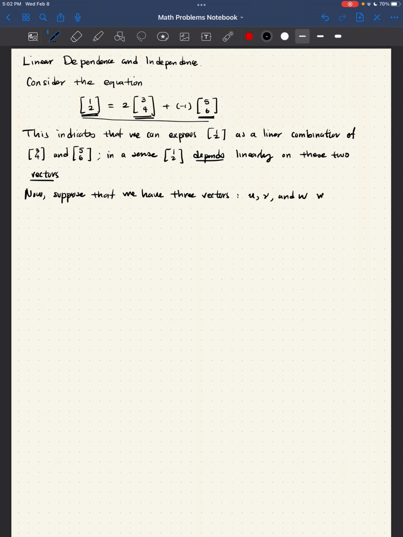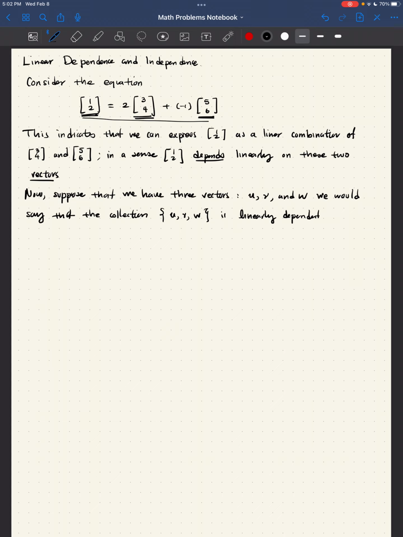We would say that the collection, with curly brackets just to indicate set notation, U, V, and W, is linearly dependent